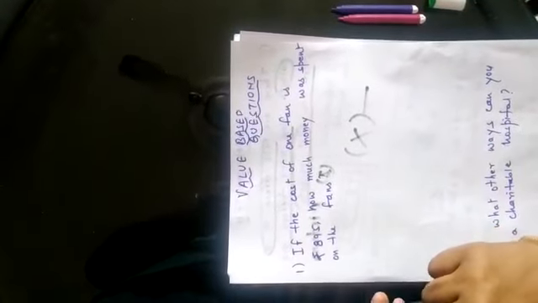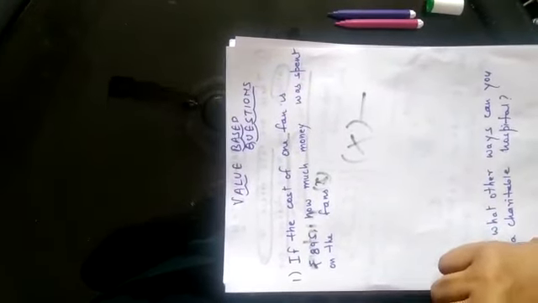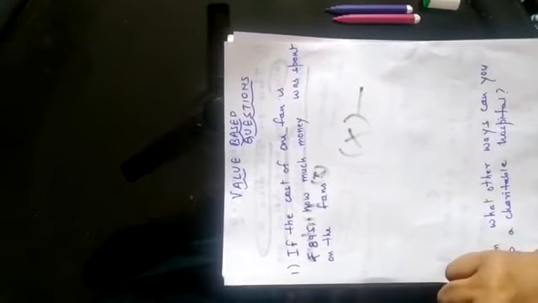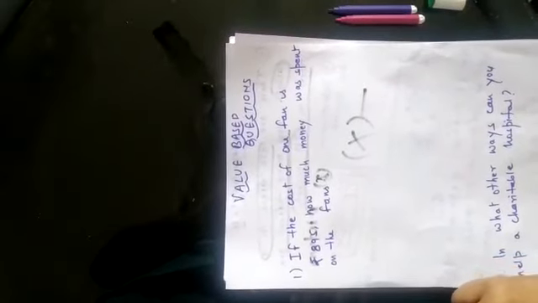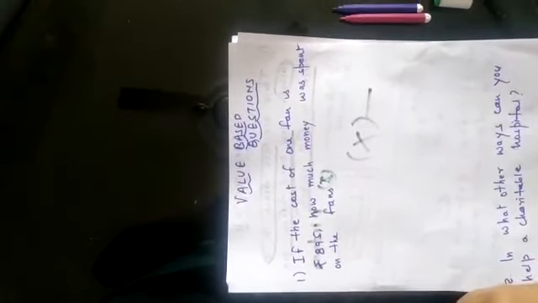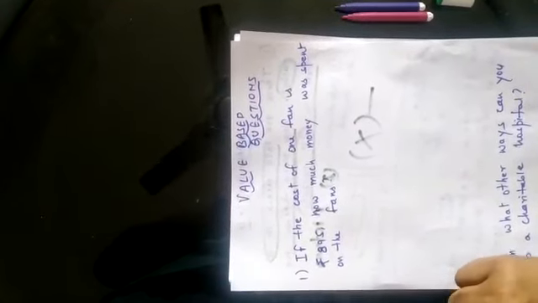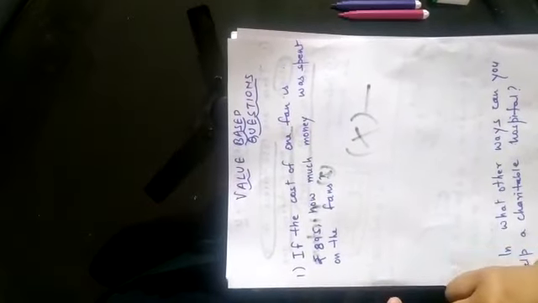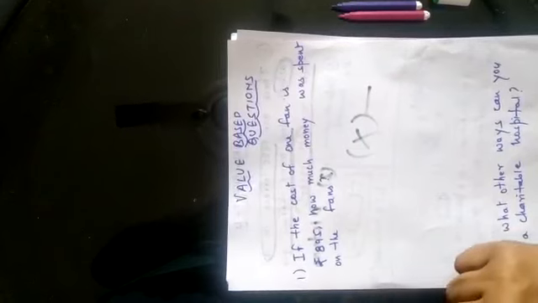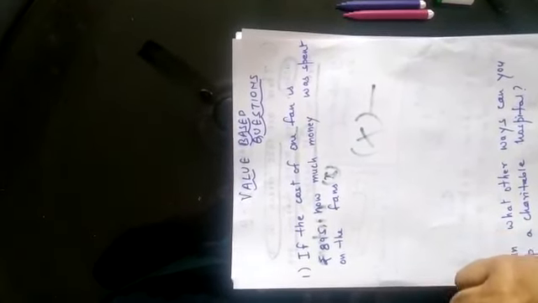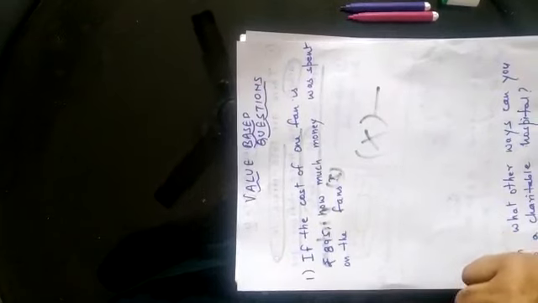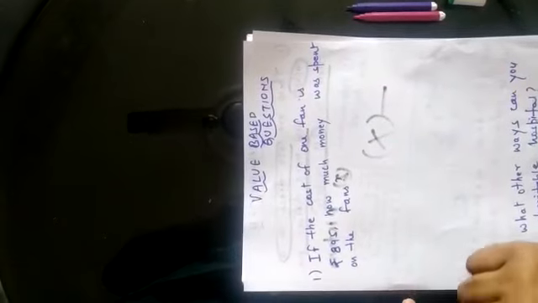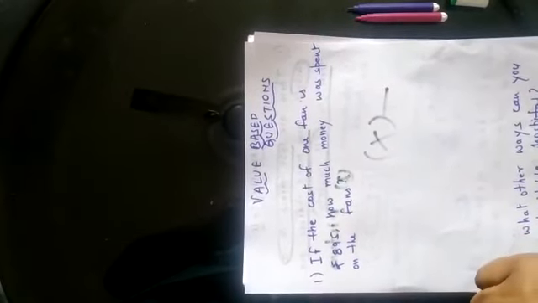Now I am again reading this value based question story. Rohan visited a charitable hospital with his grandparents during a summer vacation. There he saw that most of the fans were not in proper working condition. Rohan wanted to help the patients of the charitable hospital by donating some fans. He spoke to his father, who was the president of his colony. The colony donated 35 fans to the charitable hospital. The hospital authorities were thankful to Rohan and his father. Now there are 2 questions.